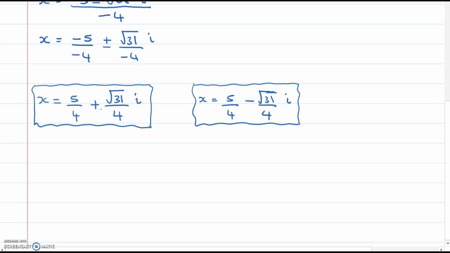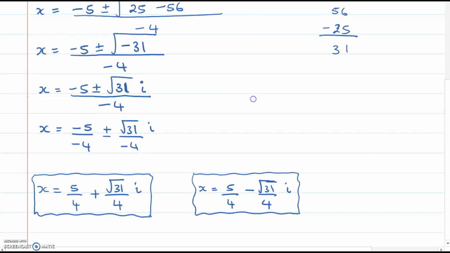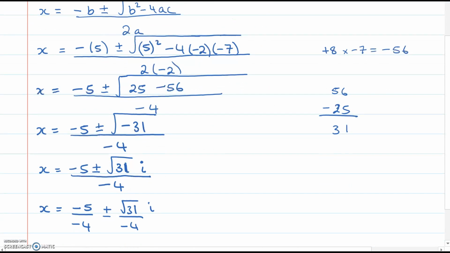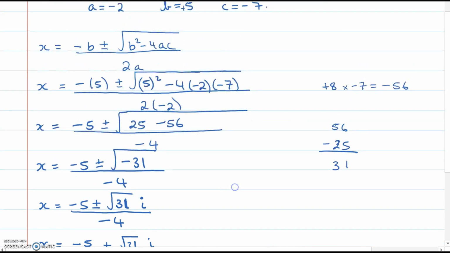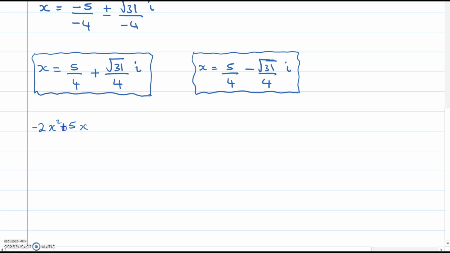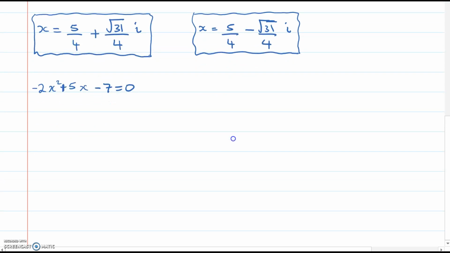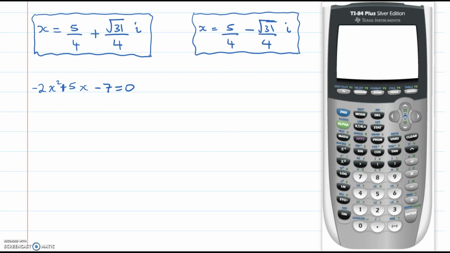Okay, let's draw this, and just as a reminder, what did we have here? Minus 2x squared plus 5x minus 7 equals 0. The only reason I'm writing that out here is because I want to bring up the calculator now to draw it. If we draw this, y equals negative 2x squared plus 5x minus 7. And if you want to, you can put a 0 down below. It's not going to make much difference in this case, as we'll see in a second. If you do a zoom 6 on that,